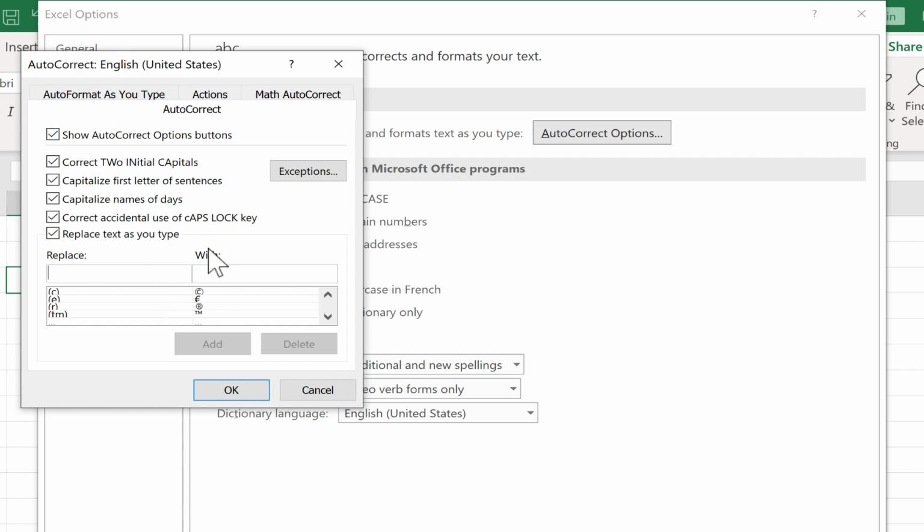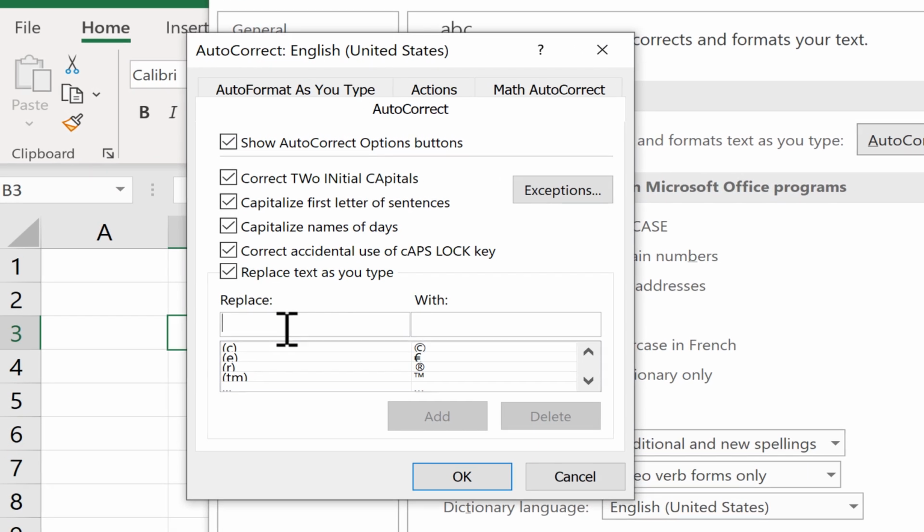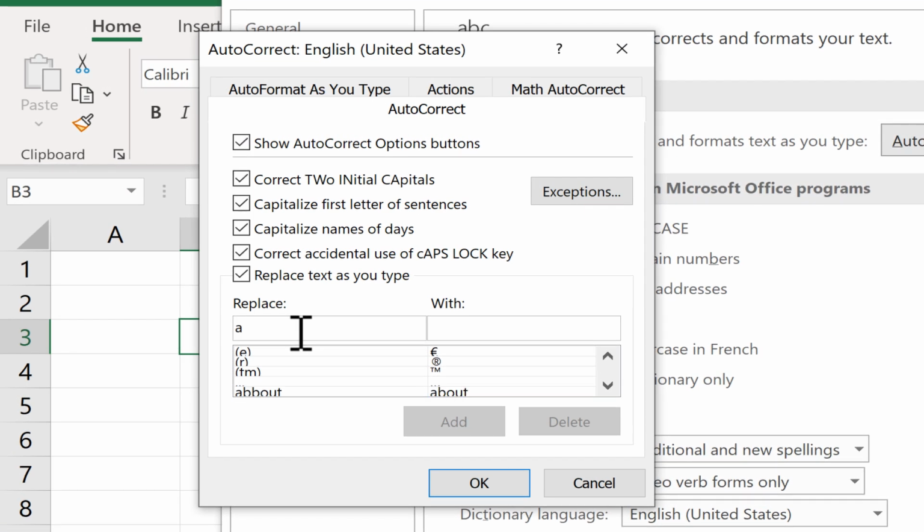It's because of autocorrect. So I want to set up a new autocorrect. Here where it says replace, I'm just going to click and I'll type ACDEP. Now it's important that whatever you type here, that it be a combination of letters or numbers that is not common in Excel. So I don't think I'll be typing ACDEP very often, but I guess it is possible that it could happen. So I'm going to get rid of the E and just put ACDP. I don't think that combination of letters is going to come up unless I want it to. And again, for me that stands for Accounting Department.